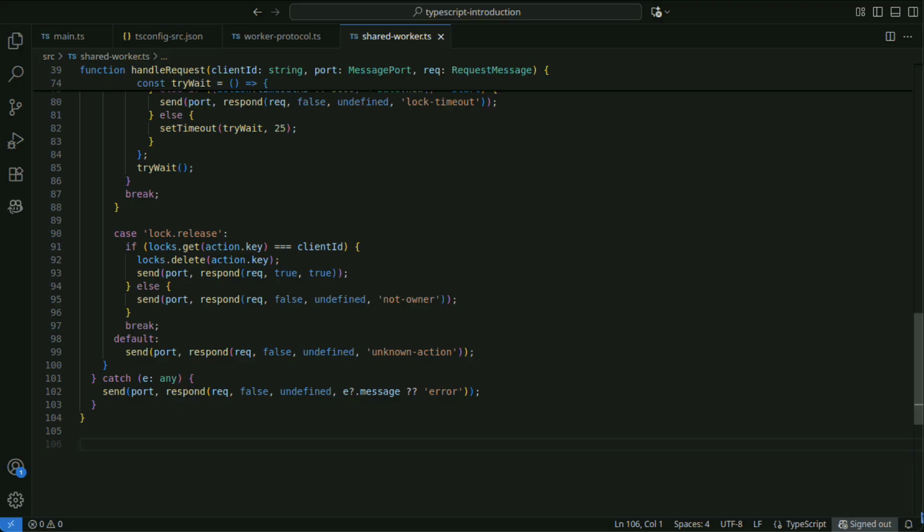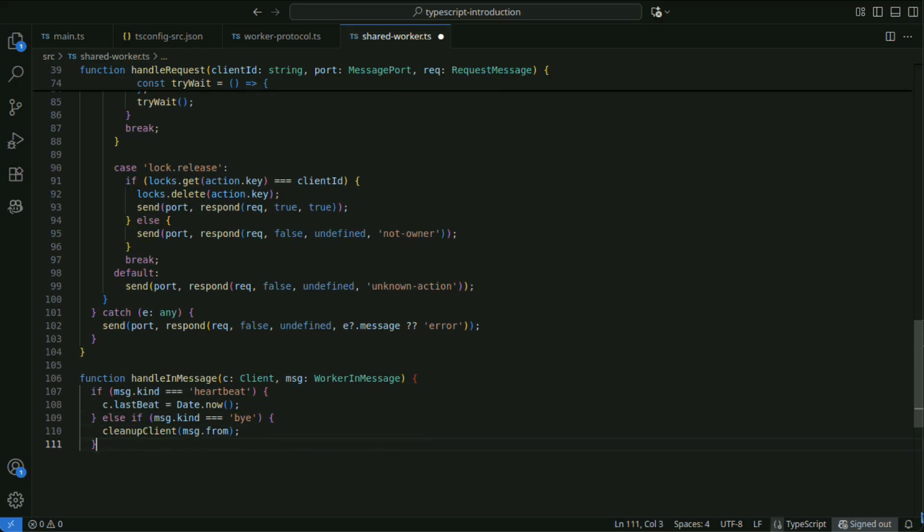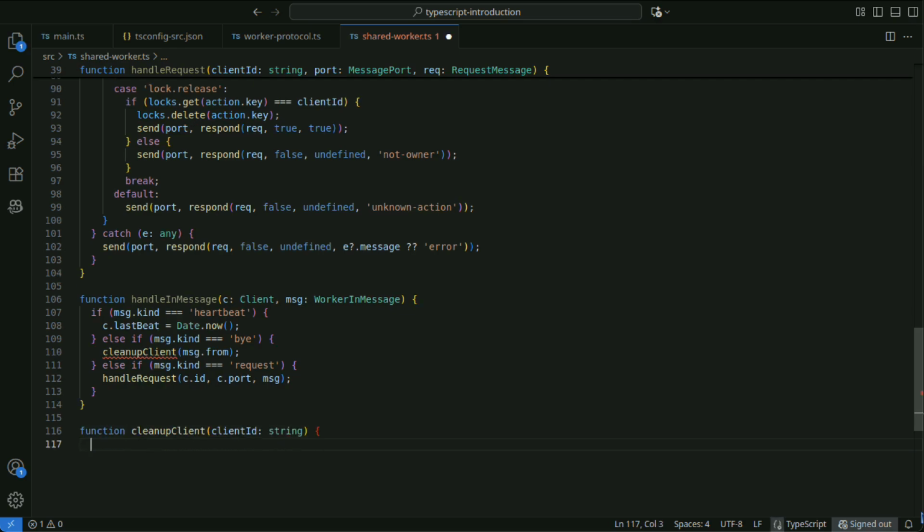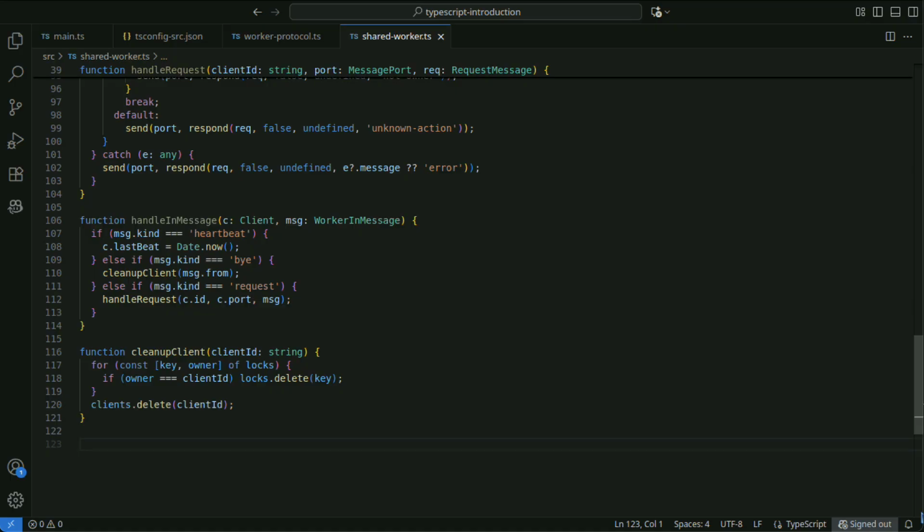This code releases the lock held by the client and returns an error response if the client lacks permission or the action is unknown. handleInMessage parses messages received from clients and handles requests and heartbeats. cleanupClient removes disconnected clients from the registry and lock state.